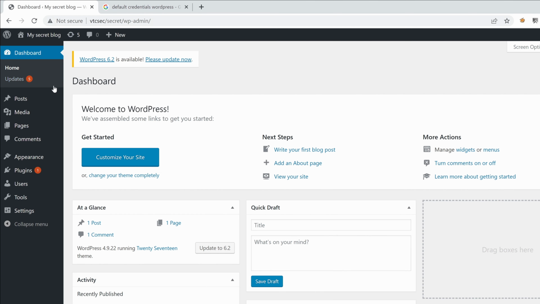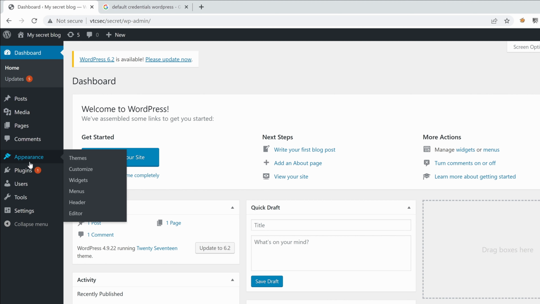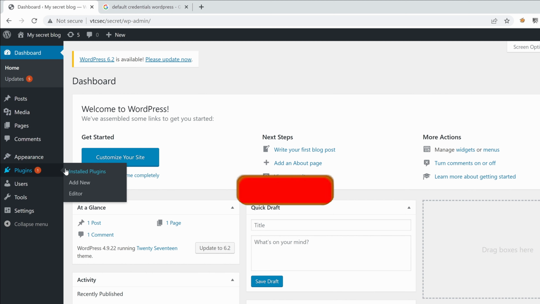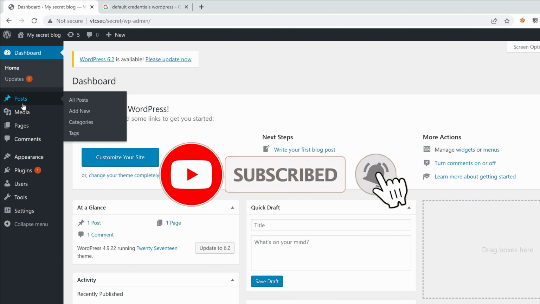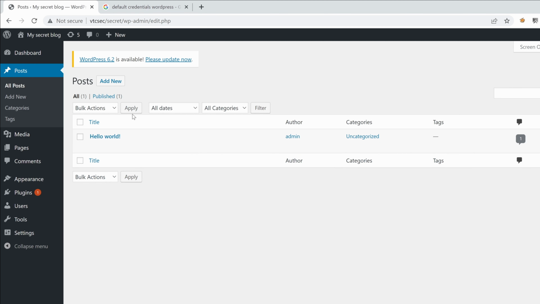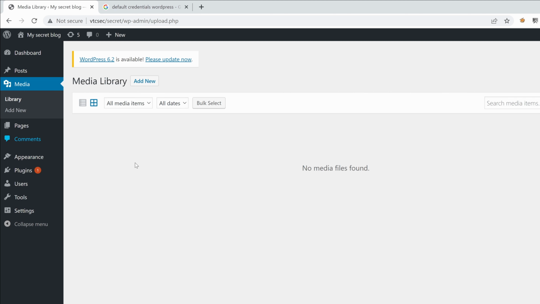Alright, so we've landed on the admin using just dummy login admin and password admin, and today let's see what we can do to gain remote code execution. If we go to posts, I just want to do some enumeration, see if there are any drafts here that would contain maybe some juicy data before I attempt remote code execution. It's always a good idea to wander around and see if you can find anything that might be useful later